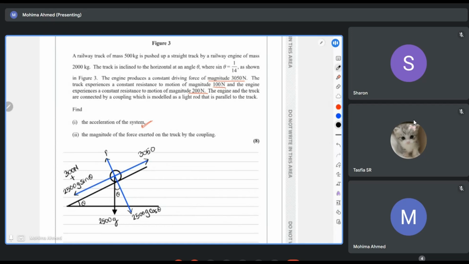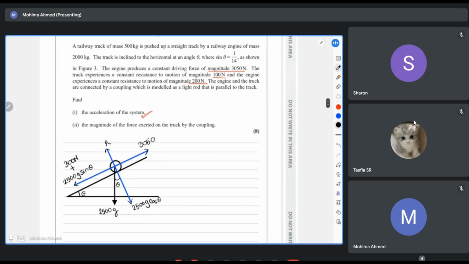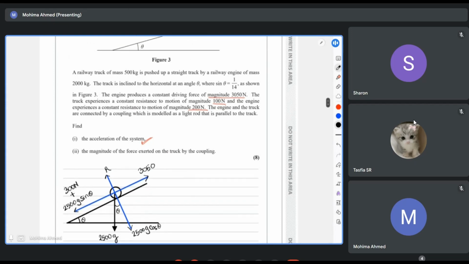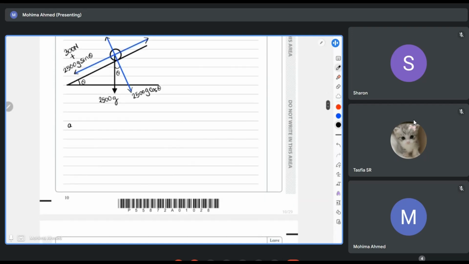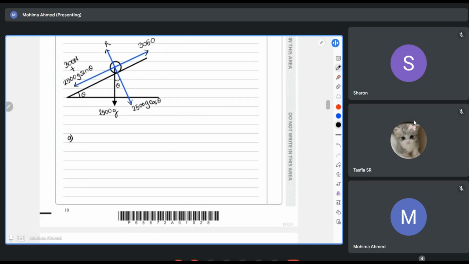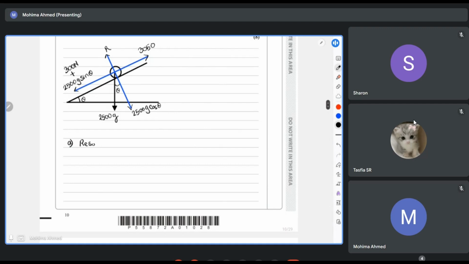And in the upward part, it's just reaction force. Other than that, there's nothing else. Now we do not actually need cos theta to solve this acceleration of the system, because acceleration is only related to the horizontal motion, not the vertical motion, right? And for horizontal motion, sine theta is already provided, 1/14. So there's no point in calculating cos theta over here, because we do not need that for the acceleration. So we can find part A using the equation of horizontal motion, resolving horizontally,